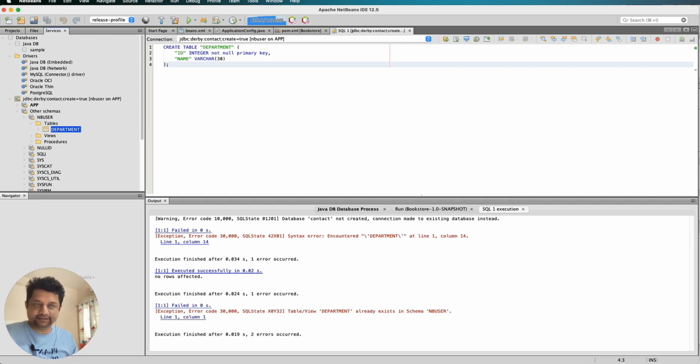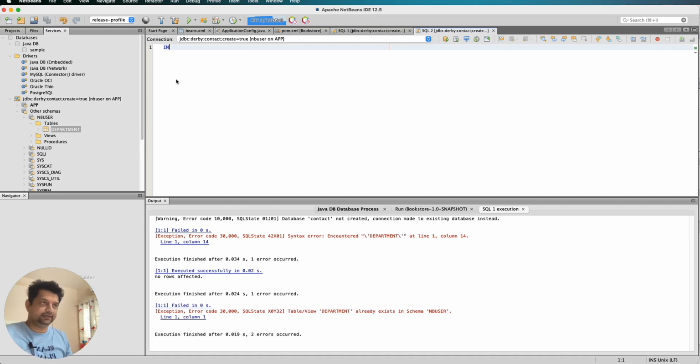Now let's add data into this. So again, I'll go and say execute command and say insert into my schema, which would be nb user dot department. But if I want to add in the employee table, I can choose app dot employee. Then I can say values,